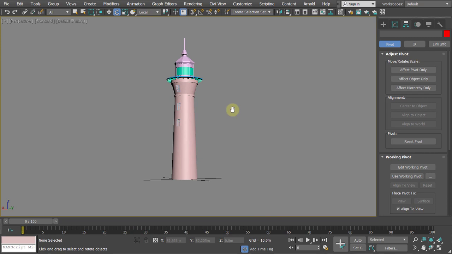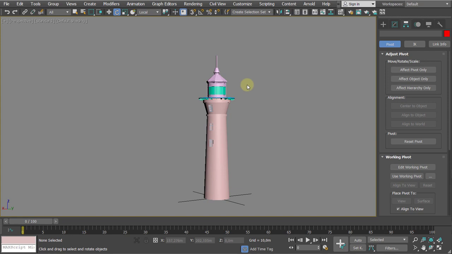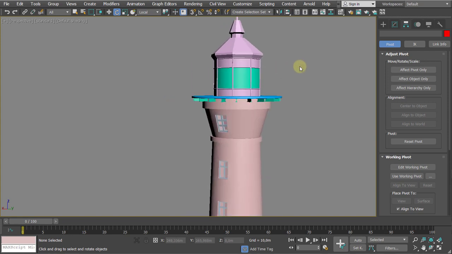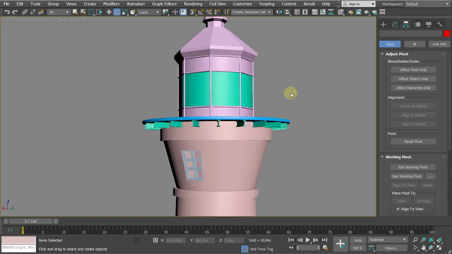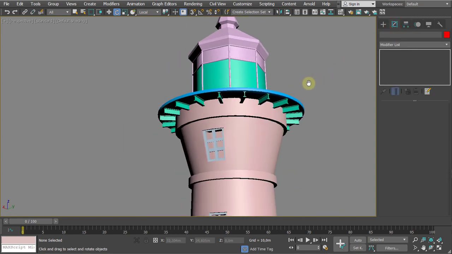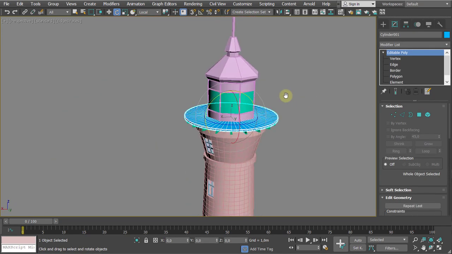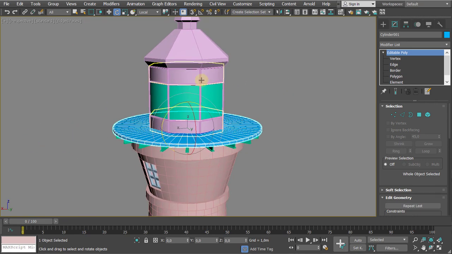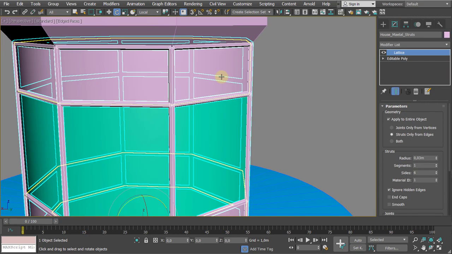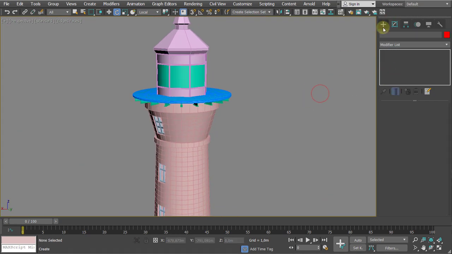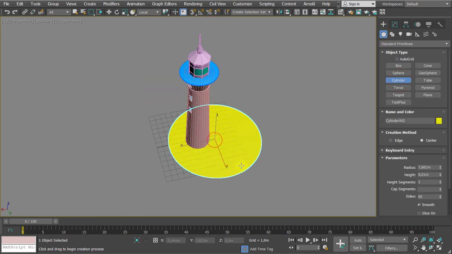So we have these windows, we have these beams, we have many things going around. So it will be fairly nice. All right, we still need to create the safety bar. We will start it from another cylinder, and the method will be the same as we did with this framing. So we will use the Lattice modifier. So create another cylinder, shift to drag,